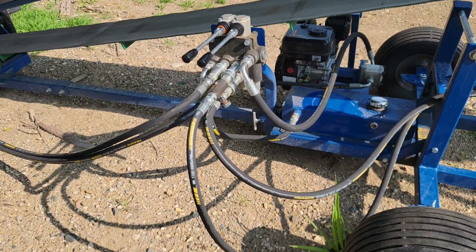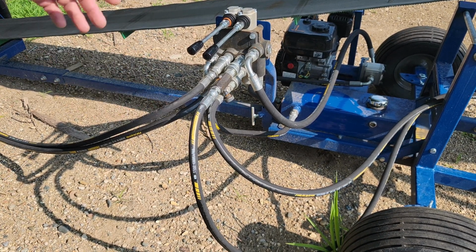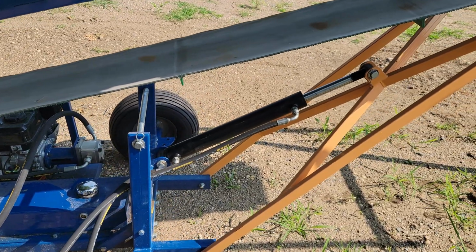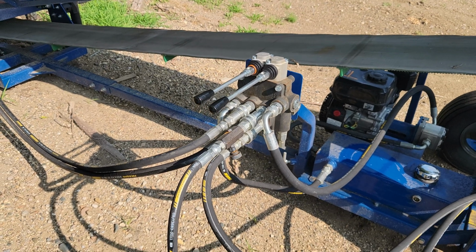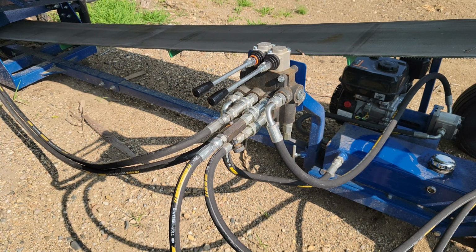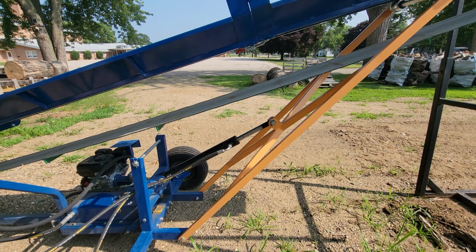I do like how easy this thing was to set up though. They have quick connects on all the fittings of the hoses and stuff. It's pretty slick. I do like that. You do have some that are screwed in, but on the other end there's a quick connect. So basically you can unhook all of these from the main set of valves here, and if you had to replace something, it's pretty quick and easy. So there are some really good thought-out things. Okay,